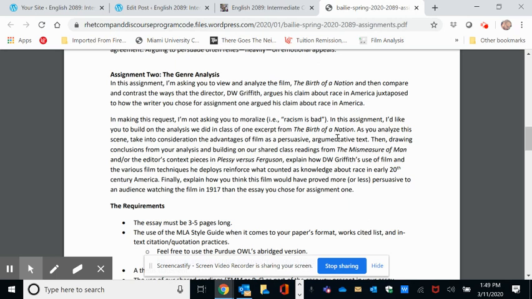So here's the assignment itself, and I don't necessarily want to read all this to you since you can look it up, so please do look it up. But a couple concepts I want you to hold on to as you're watching bits of the film today, which you will do. I'm going to give you a link to YouTube, and you'll be able to watch the film on YouTube. I want you to keep in mind that even though we're talking a lot about rhetoric and analysis and doing a genre analysis, we're still talking about discourse and discourse community and how knowledge is made through these particular groups, these units of people.